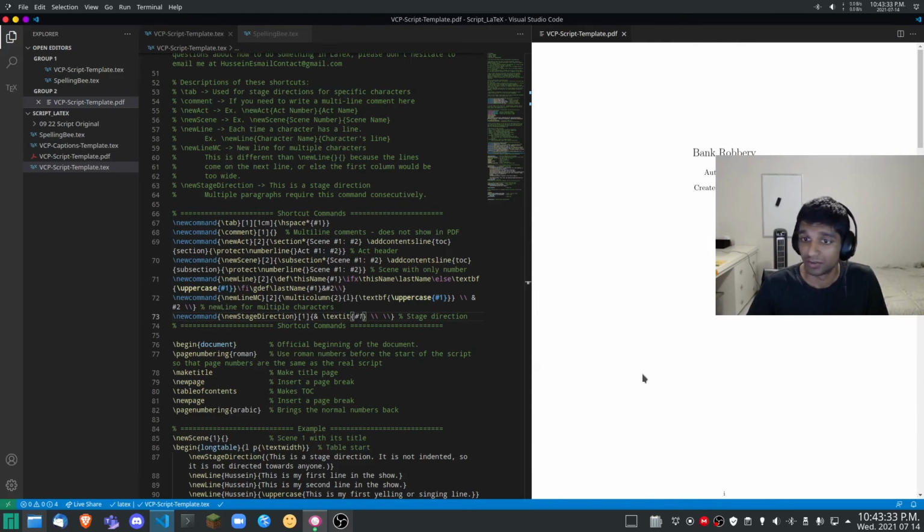And yeah, soon I will be making a tutorial document for the VCP captions template, which is basically preparing a script for live captioning in case they need to be displayed on a television screen instead of using PowerPoint and having to center text.